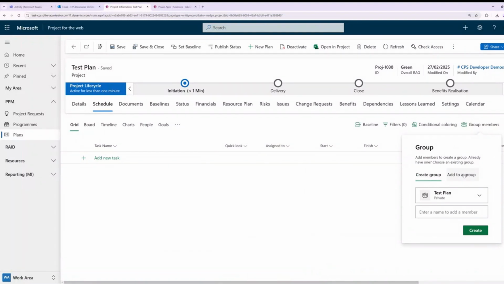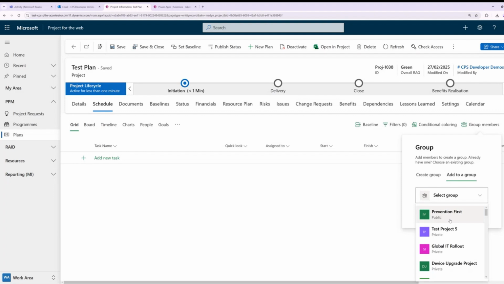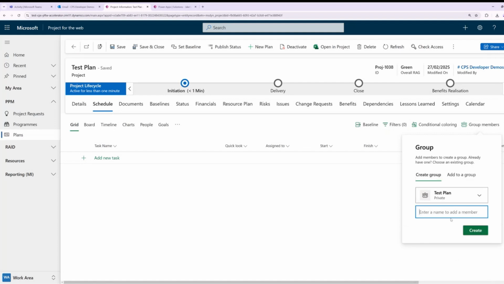Now, if you do have existing ones, and you don't want to be creating extra mess in the background, you can just go in here and find an existing group. Whenever you make a Microsoft team, it will make a group. So if you do have teams that you want to add into this, you can just select them. So say if I wanted to add global IT rollout, everyone who works on that project, I can add them into this project as well. Alternatively, I can click on this create group. Now, if I just add in the account I'm working on, which actually I won't have to, if I click create,